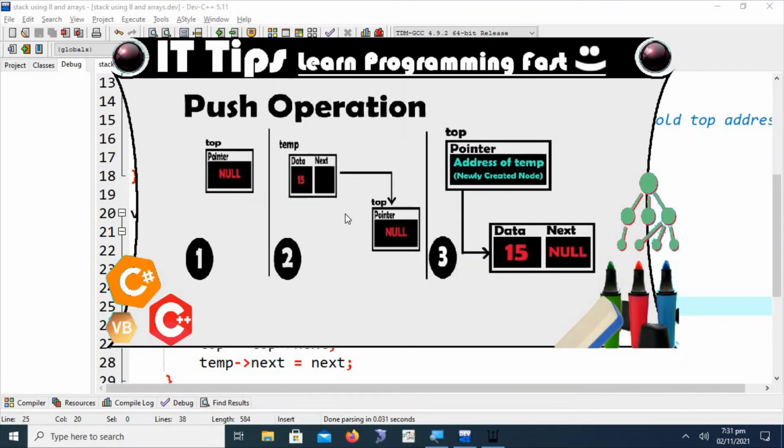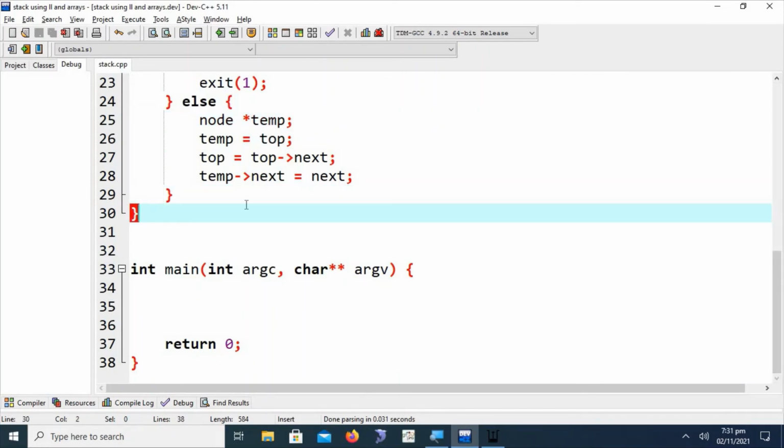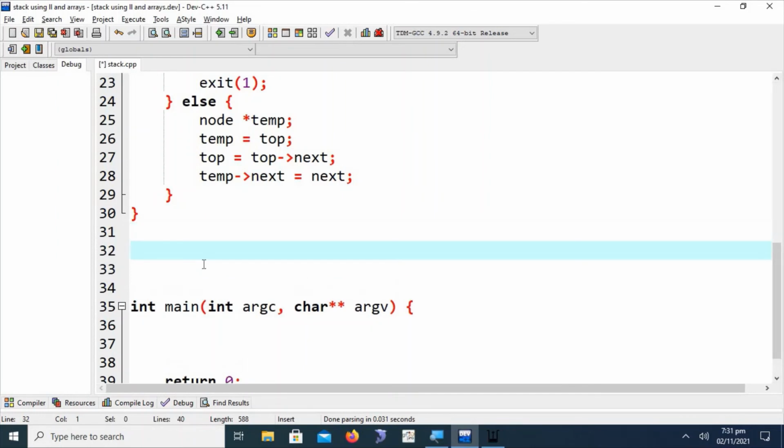Now we are going back to the code. Here we will have to write another function called display. We can write void display, which is mandatory for the push and pop operation.